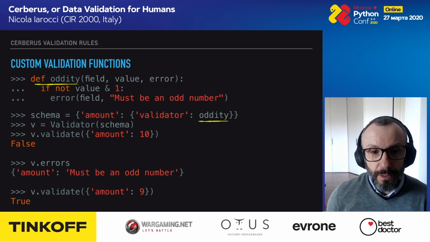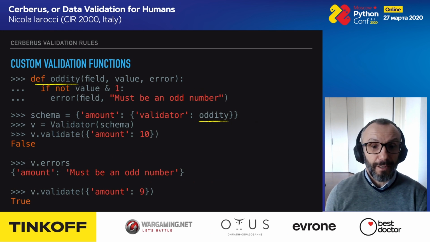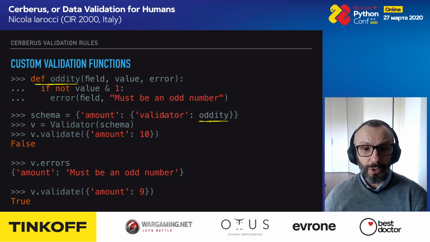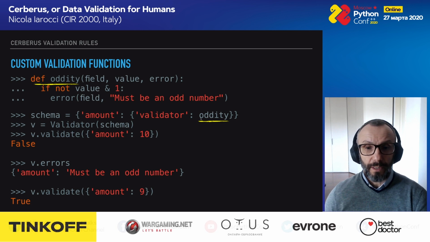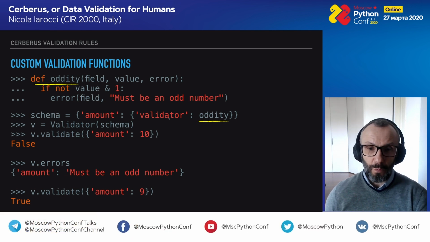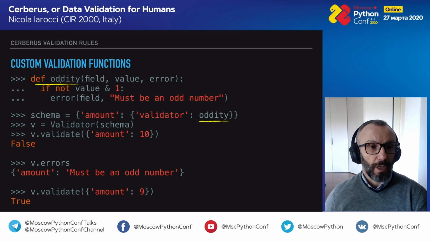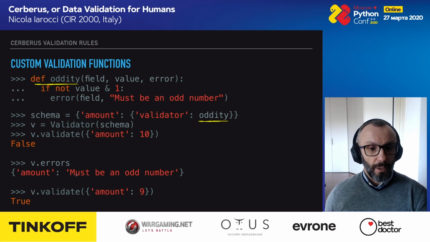And of course, the queen of all extensibilities, and this is the option to add your own validator to a field. This is probably needed if you need some more advanced validation. Here we are defining a function, and then we attach the function as a validator to the amount field. So here we are again still checking if it is an odd number, but we are using a custom method which we have attached to the field.